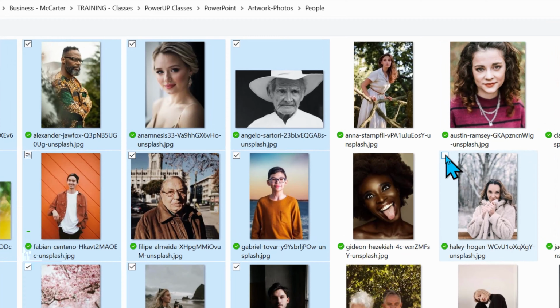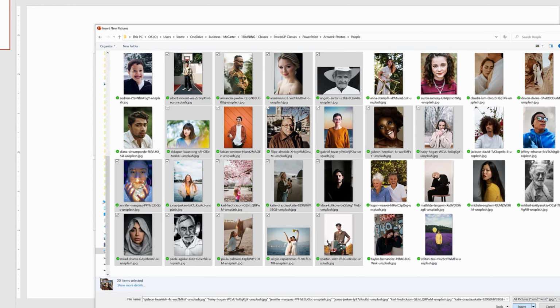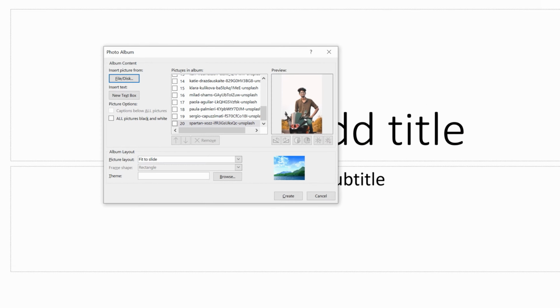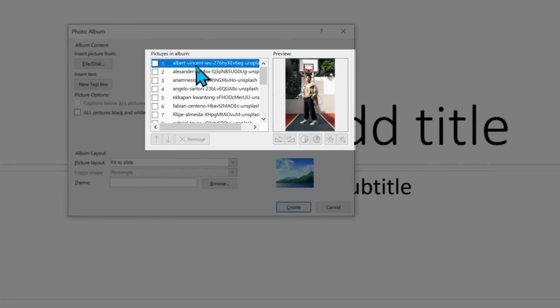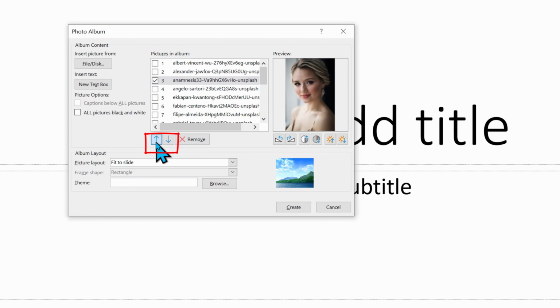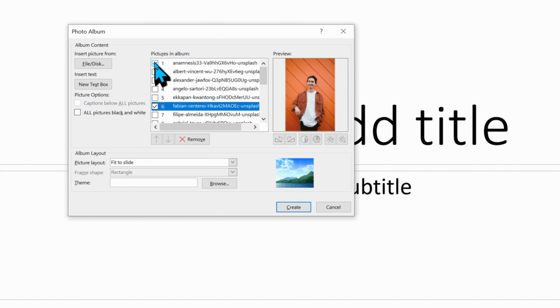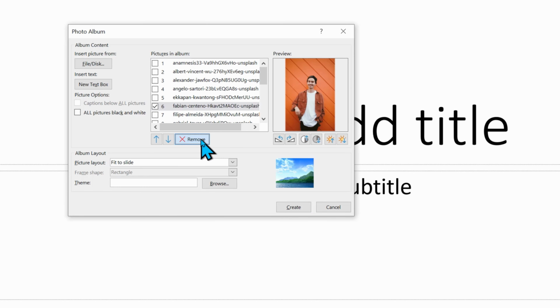Keep an eye out on the top left check mark to make sure that the photo is included. When done, click Insert. By default, it is 1 photo per slide, and you can click the photo name to see the image. If you want to rearrange the order, it is important to first click the checkbox, and then you can use the up and down arrows to change the order. You can also remove a photo by clicking the checkbox again next to the image and then choose Remove. Always make sure 1 or more images are selected before performing the action.